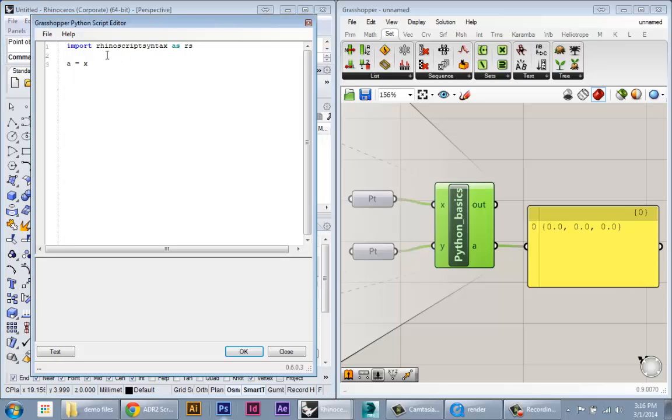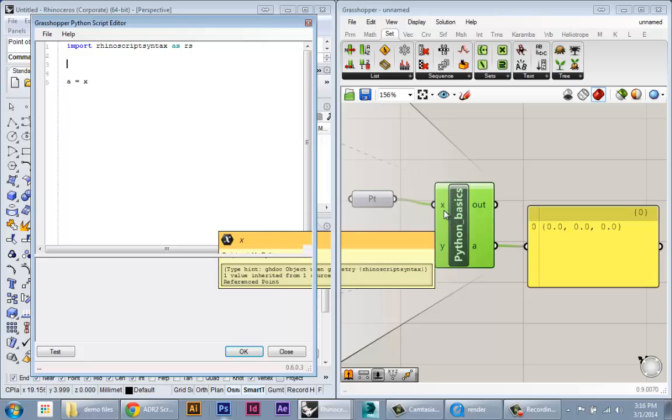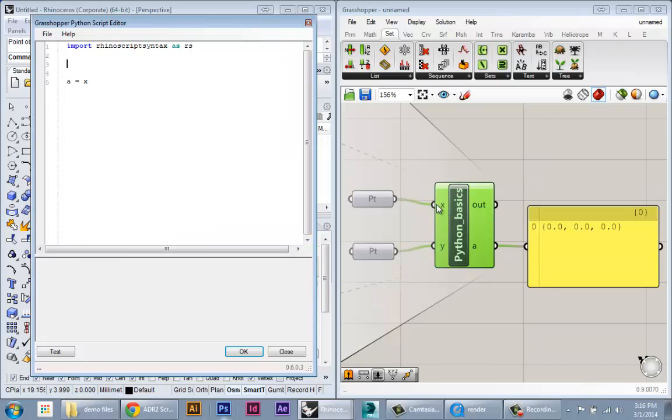To work with the point itself as geometry, and then also more complex geometry like surfaces and lines, you actually have to take this reference and find the specific geometry that it's referring to. So I'll show you what this means. Basically, if we print the input right now, so x is storing our point, and we're just printing out x, and we go to test, you can see what prints out is not a piece of geometry, it's actually this